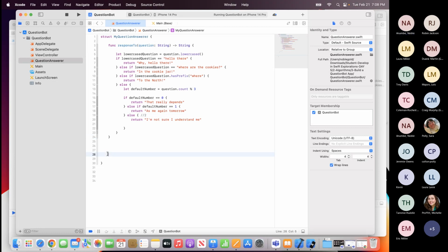So, I didn't have time to, or rather, I'm not sure it's actually time. But if you look at this, this is literally what we started with. The let lowercase question equals question. Now, if the lowercase question is equivalent to hello dear, then you return this. Else, if the lowercase question is equivalent to where are the cookies, then you return this. Else, if you return this. Else,